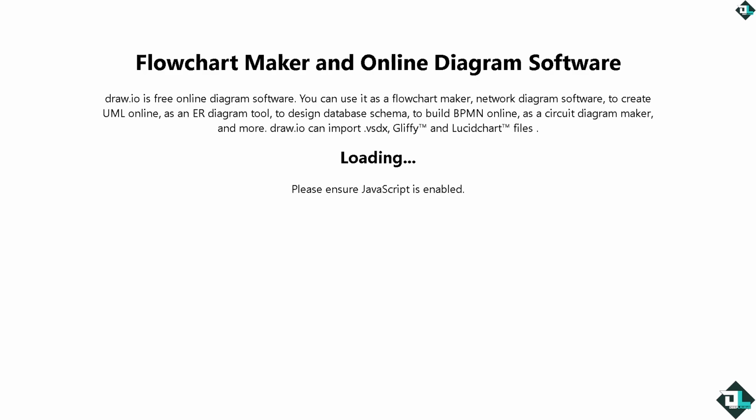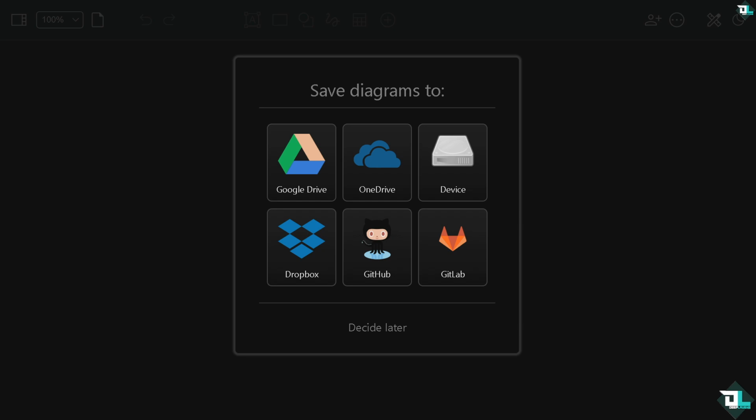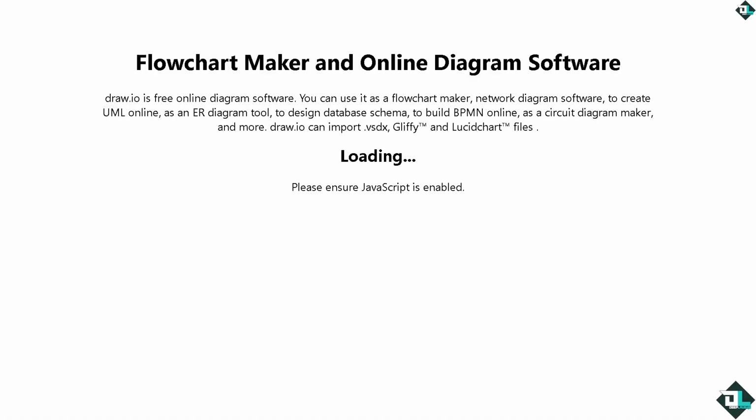What will happen is you will be forwarded to a new page wherein you can choose where you want to save your diagrams. You can choose from any of the following cloud storage options such as Google Drive, OneDrive, Dropbox, GitHub, and GitLab. If you want to decide later, just click this button. And then from here,